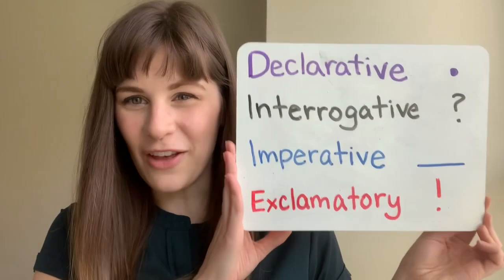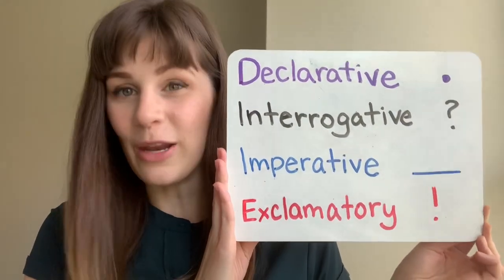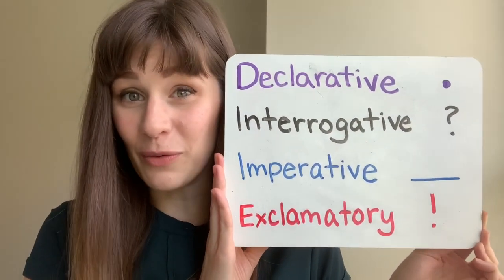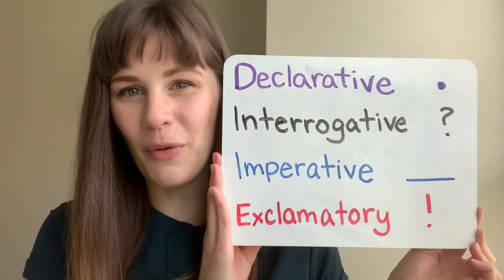Today we're going to be talking about 4 types of English sentences. These are the 4 most common types of sentences, so you may have seen some of them already. But today we're going to learn about what they are and how to make them. So I have here my 4 types of English sentences. Now don't worry, I know these words are really big, but we're going to go through all of them one